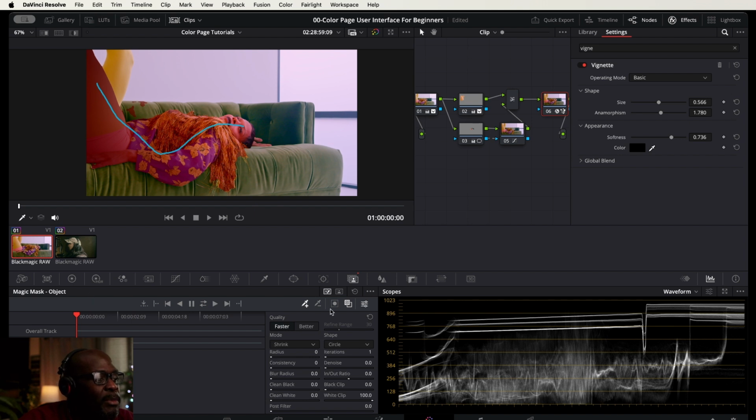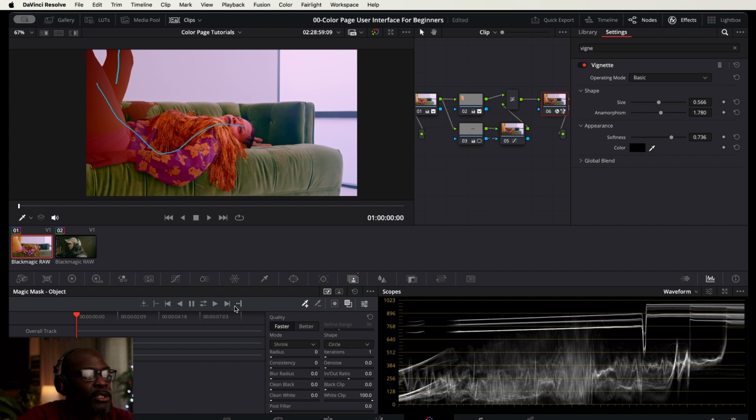Then we want to add a little bit more. I'm going to say add. It didn't pick up that other leg, so now we just picked up another leg, okay? So now if I just want to make some specific changes to her, I could begin to make those changes to her. And then if I want to track her movement but still keep her selected, so that way the changes we make would go all the way with her no matter where she moved, you just hit this tracker